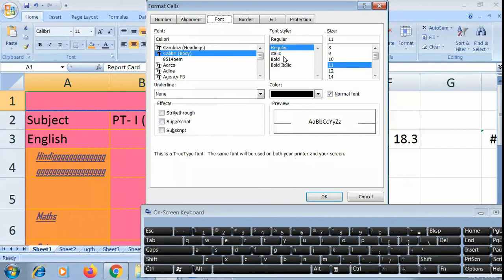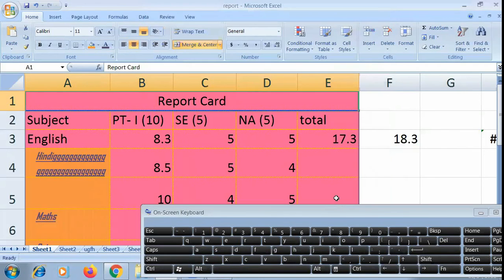Size, style, and font you can select from here. Now top alignment, middle alignment, bottom alignment, left, center, right alignment, this also I think is clear. I have explained already. Yes, ma'am. Change orientation also I have explained, that is given on page